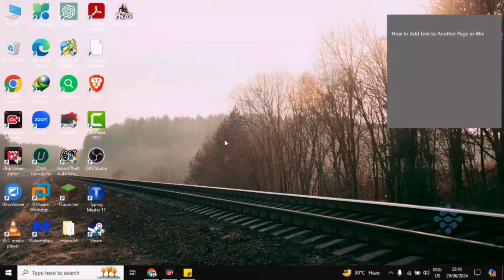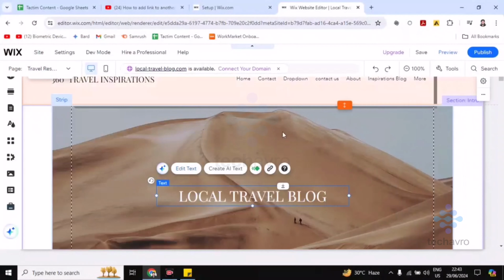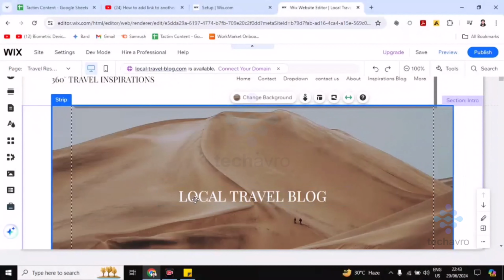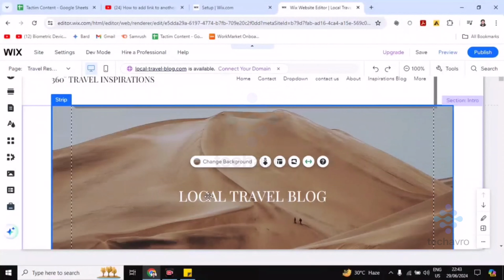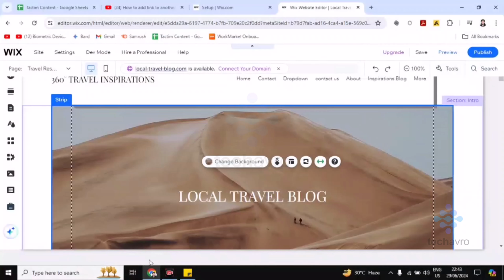In this video, I'm gonna be showing you how to add a link to another page in Wix. So let's go to Wix first. In this site, I'm gonna make this local travel blog text editable, and link to another page with this text. So all you have to do is select this text first,